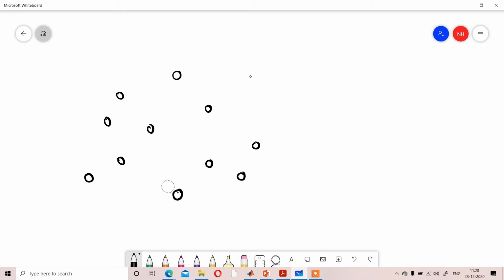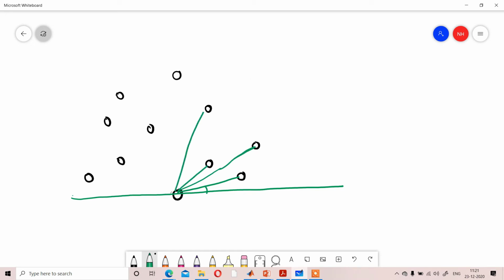Now after considering that bottommost pixel, what you have to do is connect all the pixels with that bottommost pixel, like that, by considering the angle. If we connect all the pixels, you can see that for each and every pixel you are getting an angle related to the x and y axis.